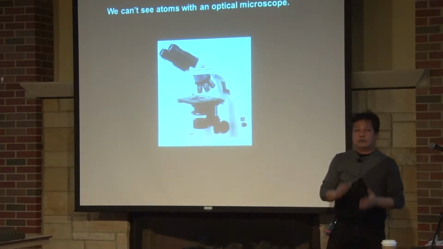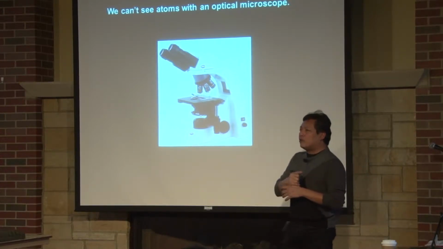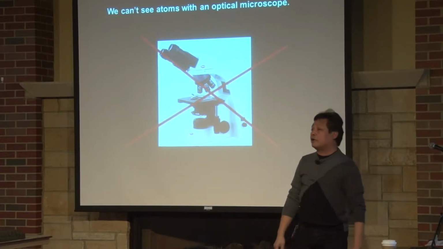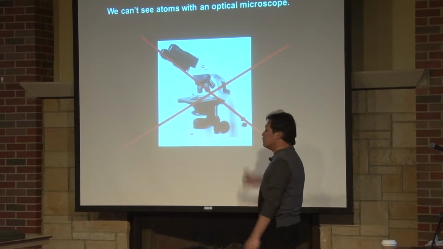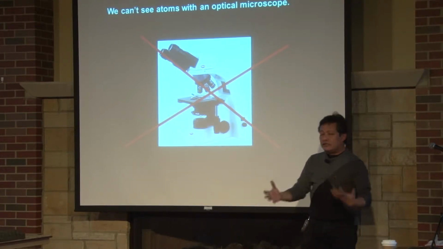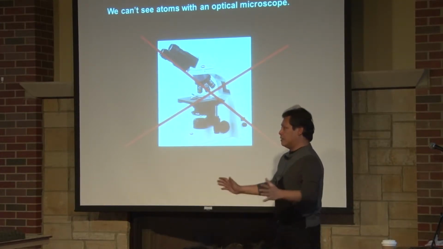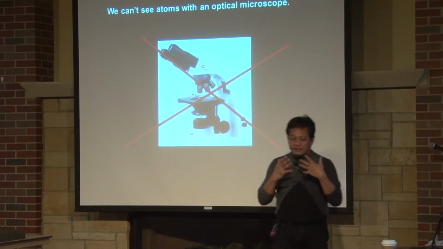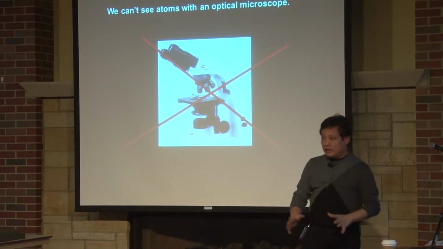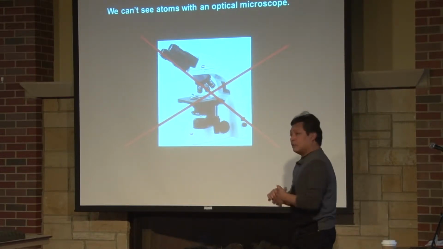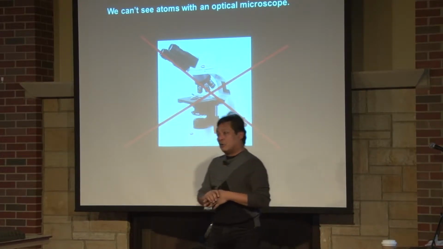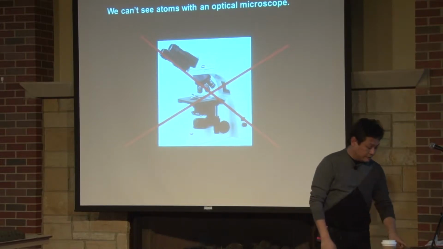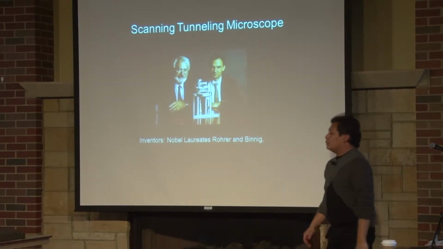So now, the things that we use to see small things are called microscopes, and normal optical microscopes are useless. We cannot use them to see the atoms. If you can see the atoms, you can play with them. Forget about it. So the first thing we need to establish is that we must see the atoms. So that's where I will start my discussion today. I'm going to show the demonstrations, and then I'm going to tell you and show you how we play soccer with the atoms.